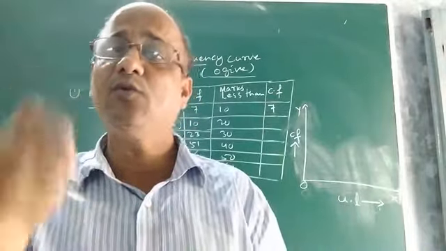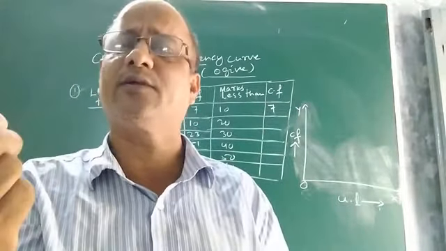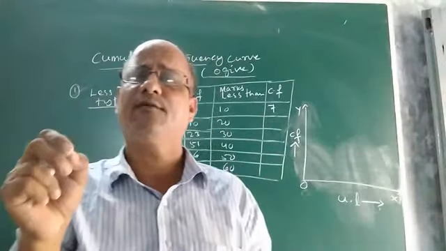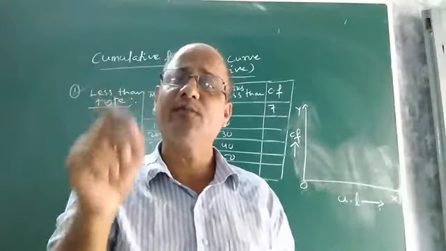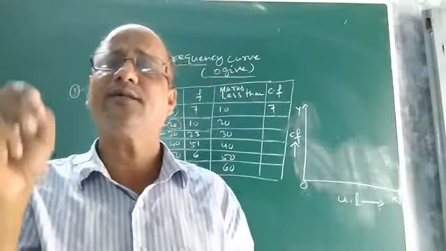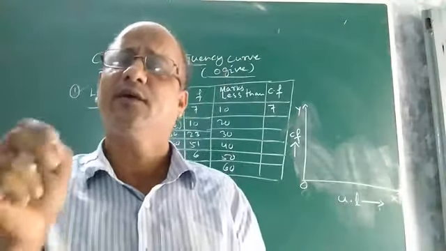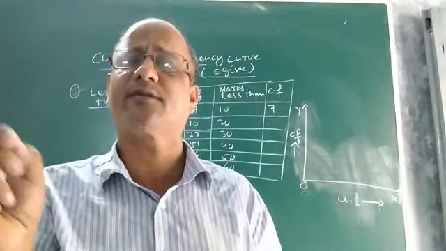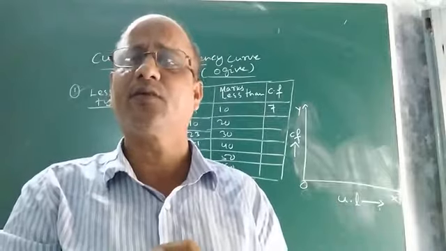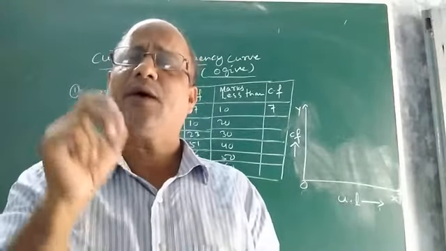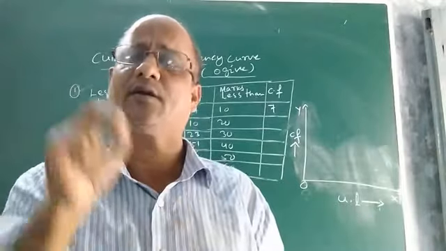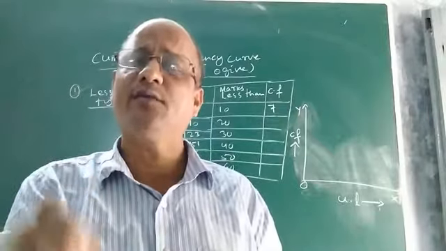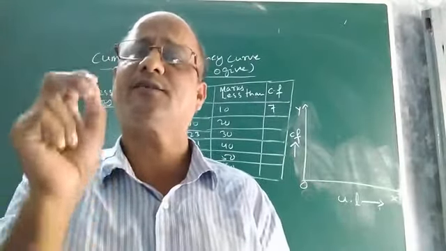But now, what is a cumulative frequency polygon or cumulative frequency curve? In a cumulative frequency curve, which is otherwise known as ogive, you know what cumulative frequency is. Already we discussed it in median. While discussing how to compute the median of a continuous frequency distribution, I discussed what cumulative frequency is. Now, if you are given a continuous frequency distribution, how will you construct or draw its cumulative frequency curve, otherwise known as ogive?